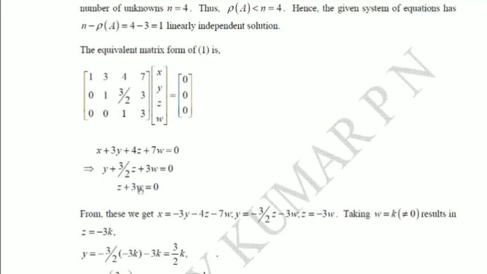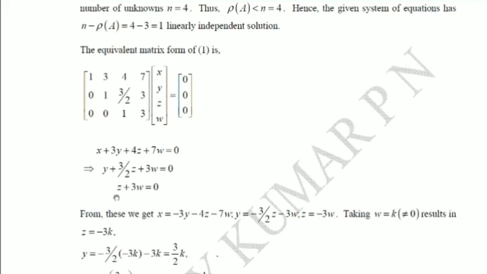So these are the only possibilities we are having. So that's why in this equation, let us say w equal to some k. If w is 0, then your z will also be 0. So z and w 0 means y will also be 0. Y, z, w all are 0 means x will also be 0. So you will get the 0 solution. That's why let us say w equal to some k. Then your z will be simply, if you send this to this side, minus 3k.